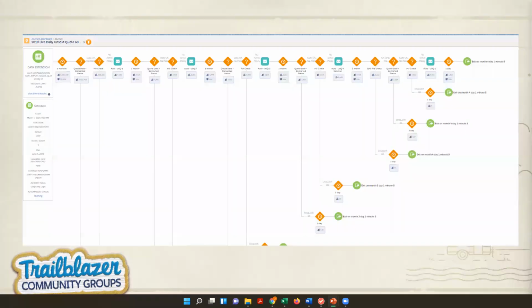This is a high-level overview of how a journey can look. These are all the different activities or different steps. It could involve many different varieties of activities, which we are going to look at in a few minutes. A journey can be as simple as a single step, like sending an email